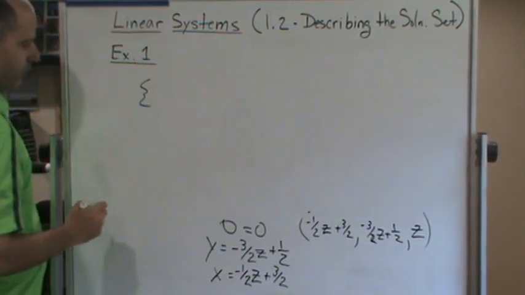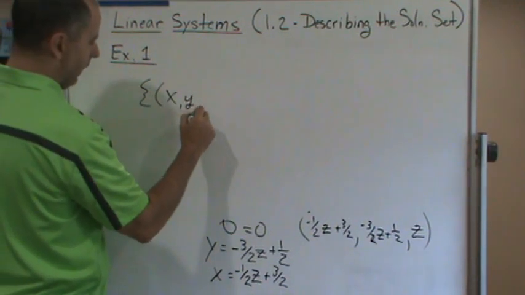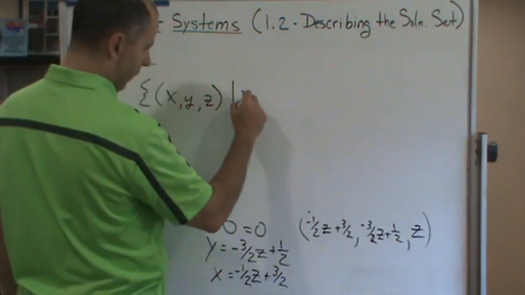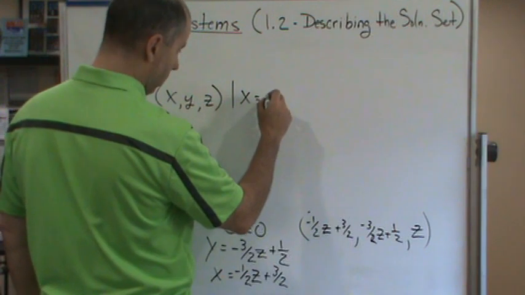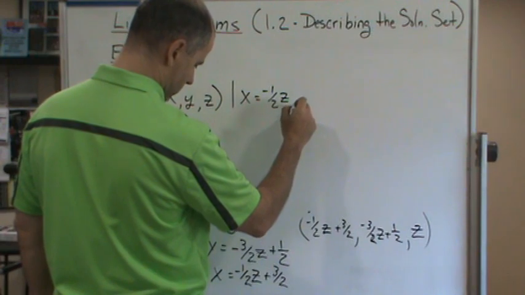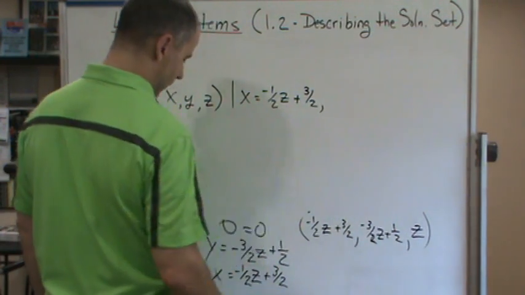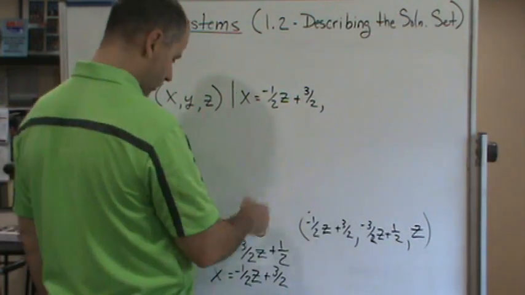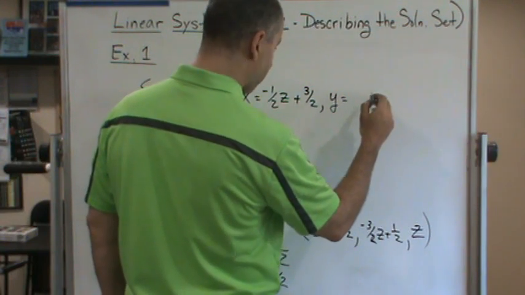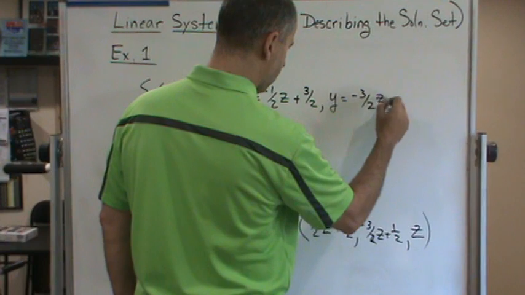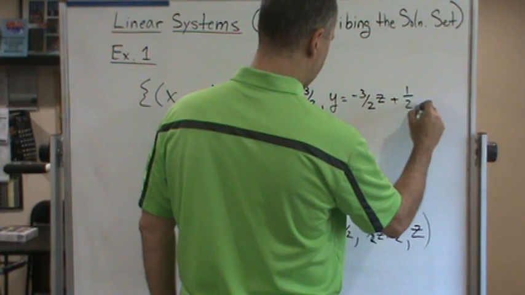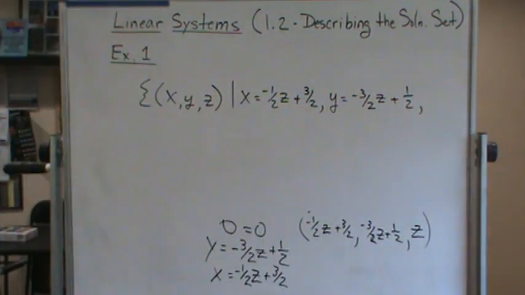The set of all solutions x, y, and z such that exactly what we did here: x is equal to negative 1/2 z plus 3/2, comma, which is also like an and, then y equals negative 3/2 z plus 1/2, comma, and then of course you could have